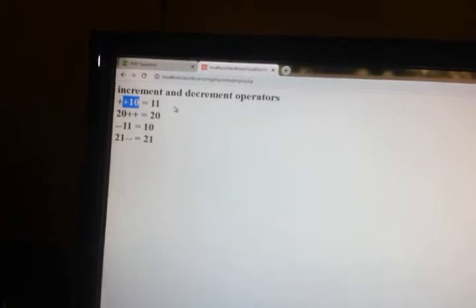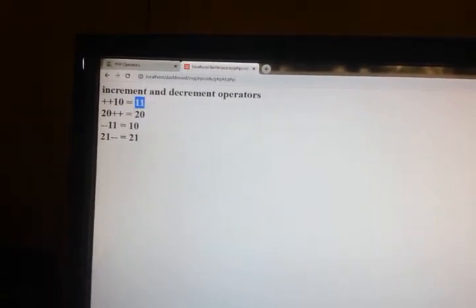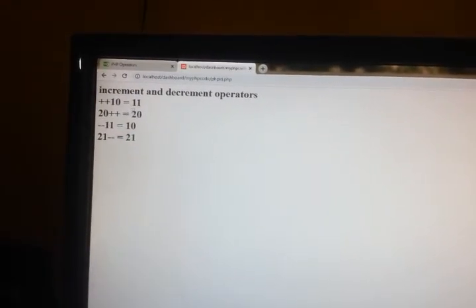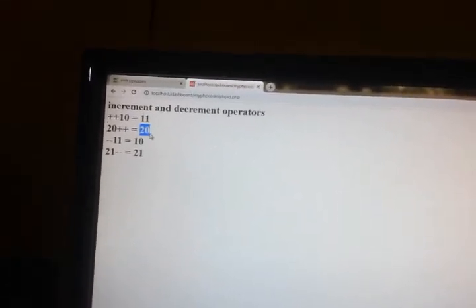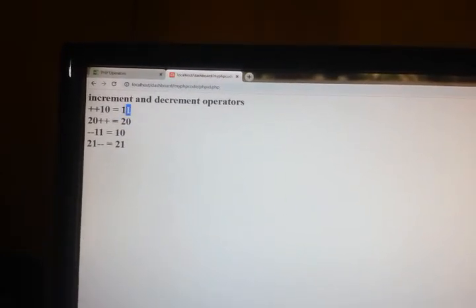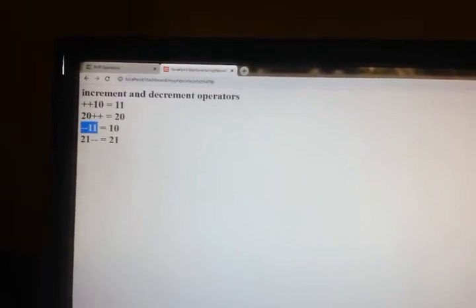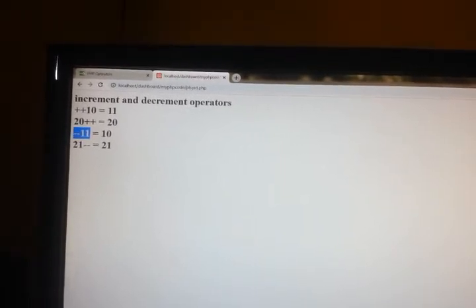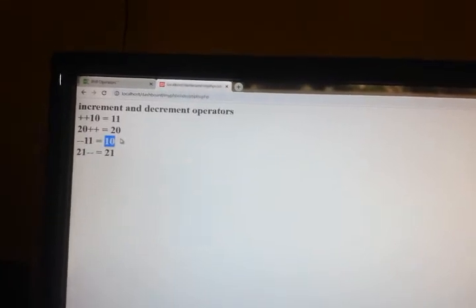So if you see this output, pre-increment of 10, immediate effect, it has added 1, we got 11. Then 20++, see, there is no effect, adding 1 is not there. Then we did pre-decrement of 11, because the x value has already changed to 11. So pre-decrement of 11 is 10, immediate effect.